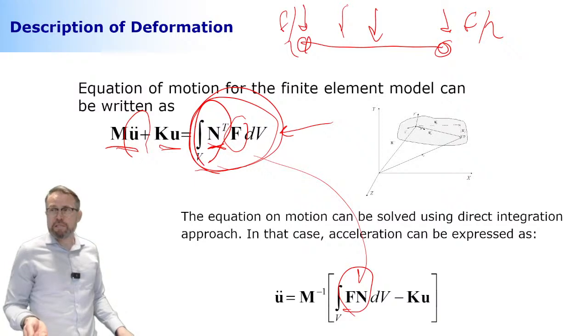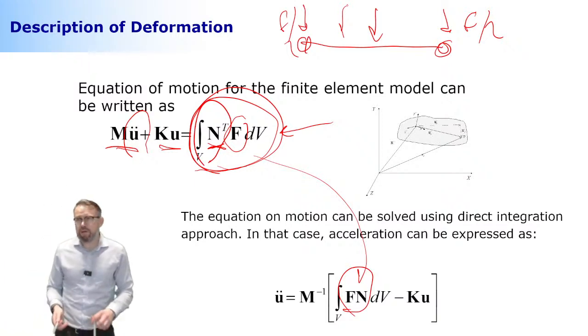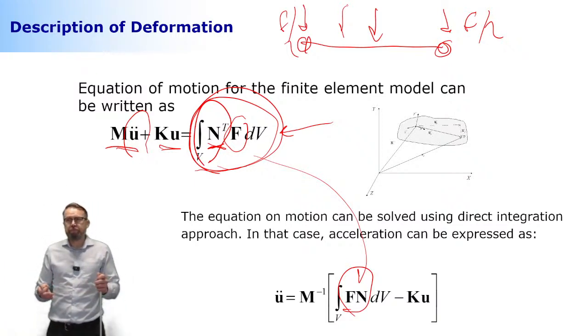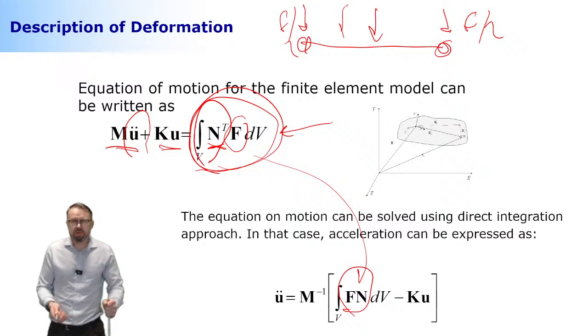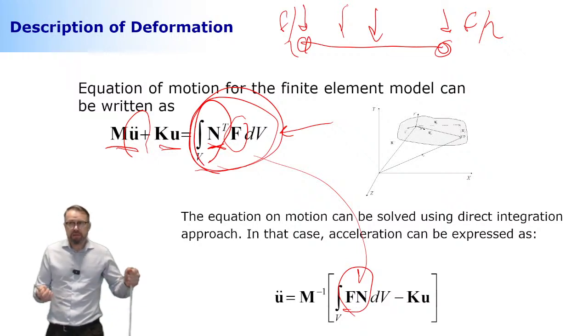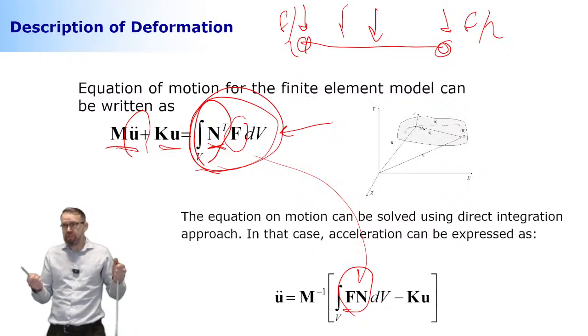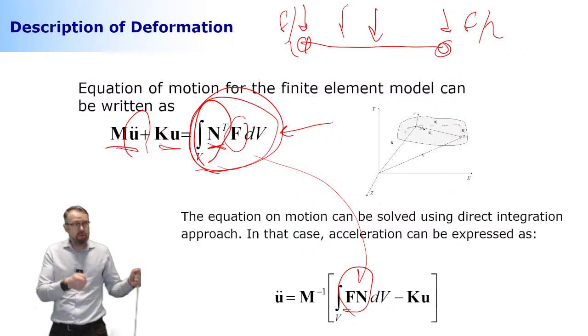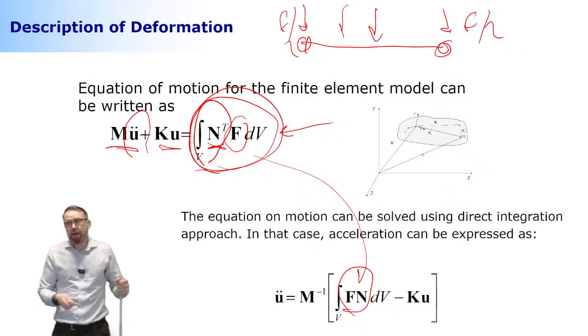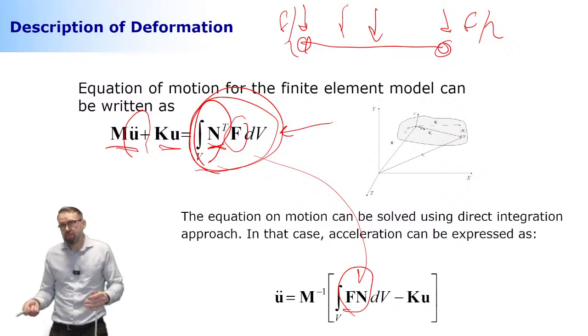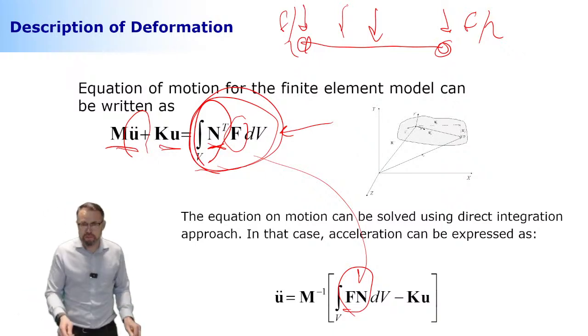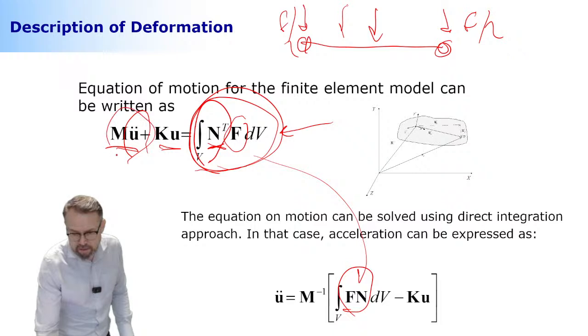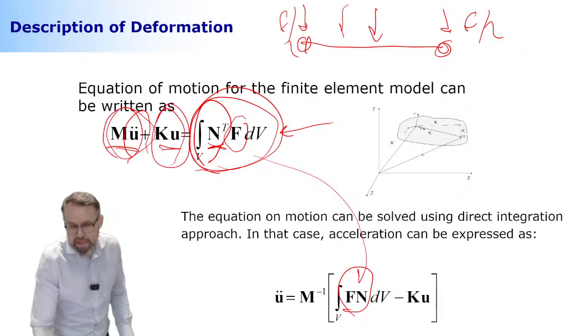Okay, this makes sense. Let me summarize fast. We start from the polynomial expansion. We express the polynomials in terms of nodal degrees of freedom. We got shape functions. Then we created the relation between the displacement and strain, and this relation was, again, based on shape functions. And now we were able to create the stiffness matrix and also the mass matrix. So we were able to get inertia forces, this guy, and something that is called elastic forces.